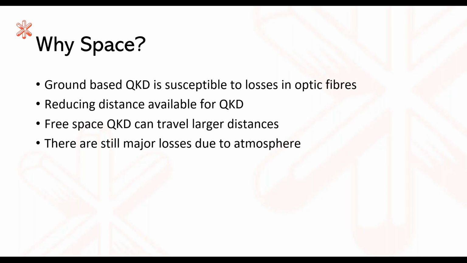There is still an issue with losses in the atmosphere, and we get around this by the cloud detection, as I've mentioned. We would also operate only at night, which removes any background light that may be picked up as noise. And we transmit from space to the ground, which is different from transmitting from the ground to space, because if you're transmitting from space to the ground, the atmosphere is only the very last hurdle, whereas if you do ground to space, you have to go through the atmosphere and then onto space, which ends up leading to greater losses.